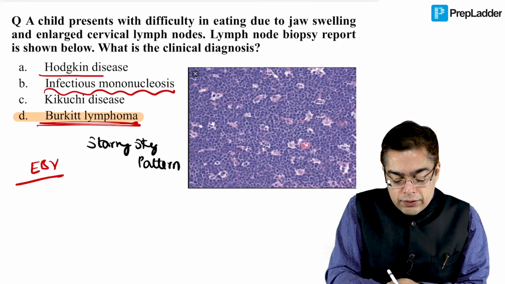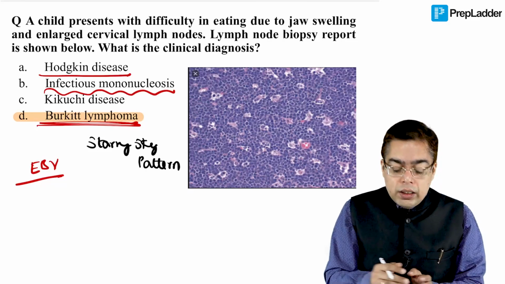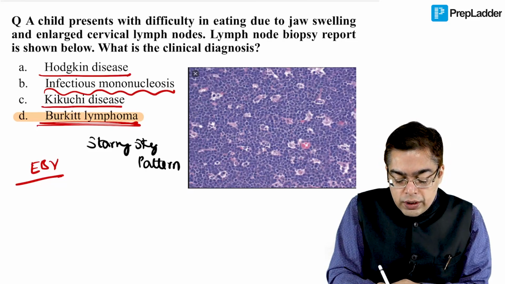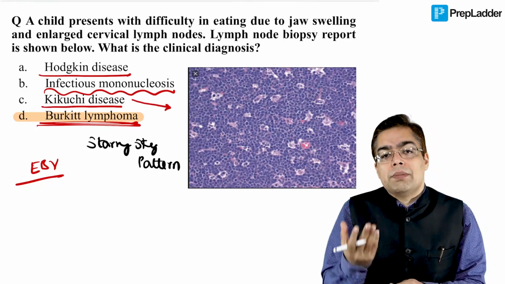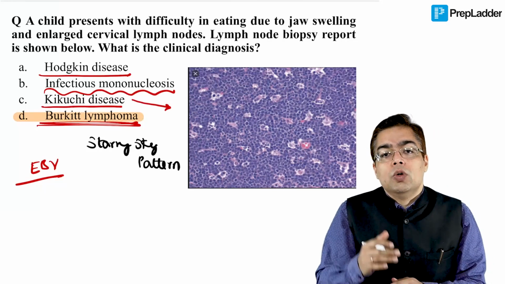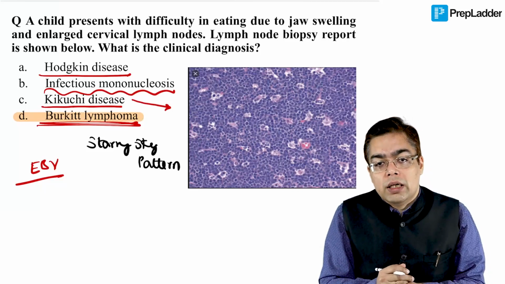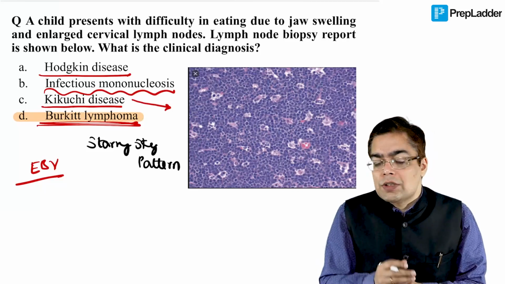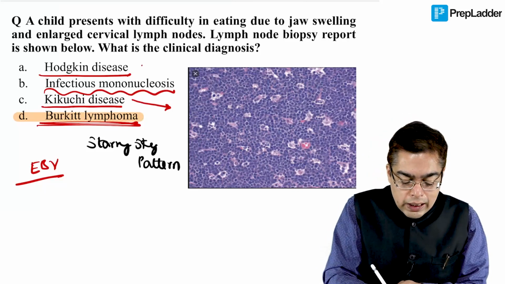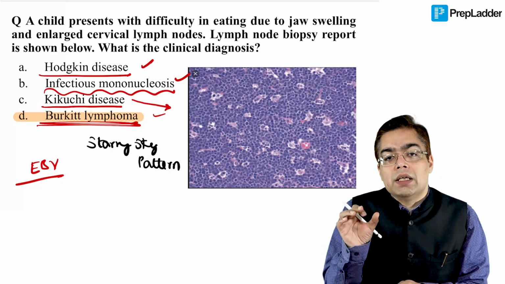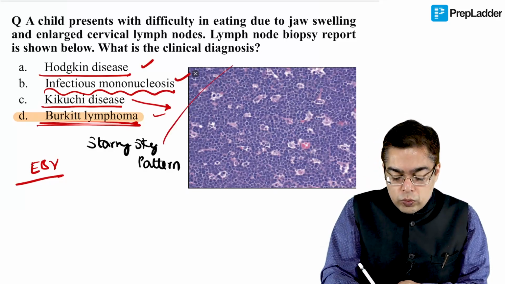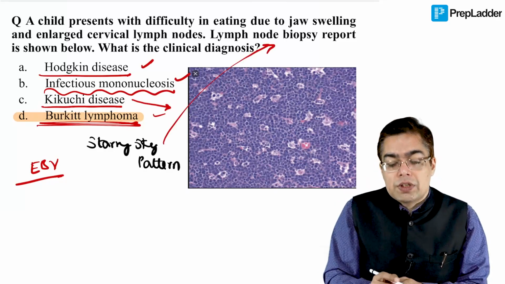Option A is something which is easy and we have talked about that in detail earlier. Option C, Kikuchi's disease, is going to be, I would say, a topic I would not recommend you to go through, but just remember it's an example of a condition which is going to be having the presence of lymph node enlargement, and then there are certain characteristic features which are not required at your level. So I'll be more than happy if you can just have an idea about options A, B and D, and that starry sky appearance in the lymph node biopsy is what was the clinching thing so far as this kind of a question was concerned.